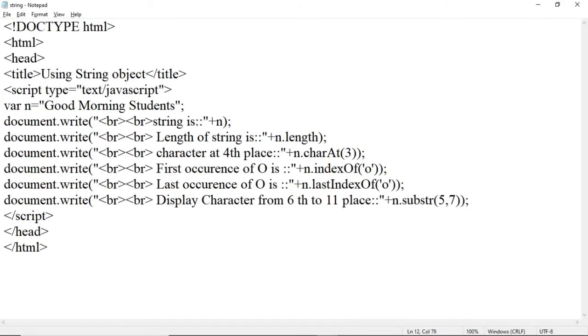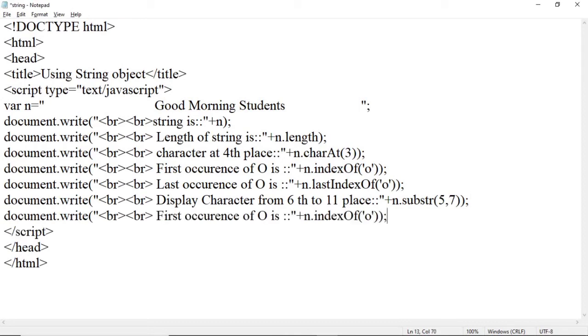Now to remove the white spaces from the string, we have to use the trim method. If we have some white spaces in this text, like this, then we have to use the trim method for that. So here, remove white spaces.